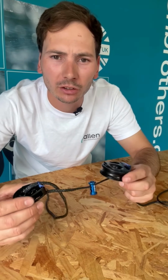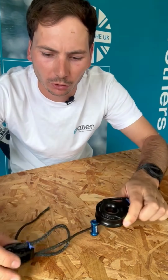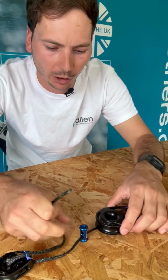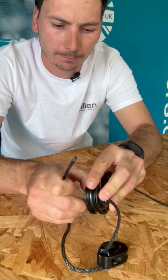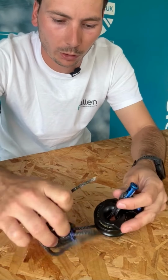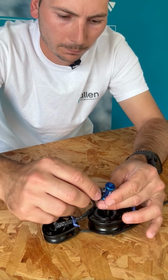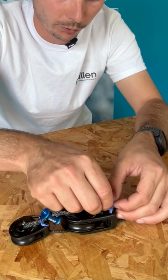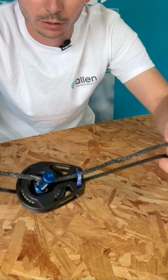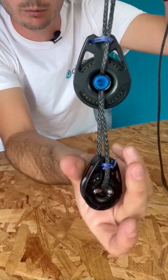What about something a bit more complex now? We're going to attach these two blocks using a Tii-Bone. I've already threaded the rope through one side, so I'm just going to show you the last bit. Essentially we're poking the Tii-Bone through the middle of this block, and then we are going to feed our line through the Tii-Bone and then through the top of our top block. That is then going to pull the Tii-Bone into the middle, as you can see there, and we've got a